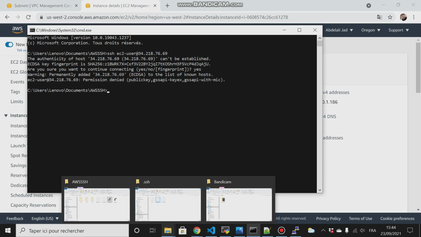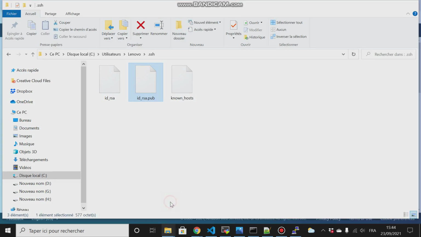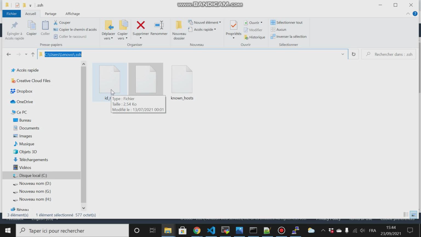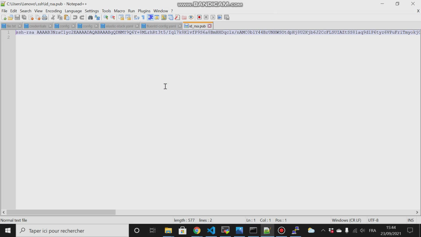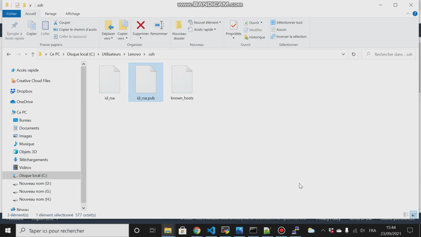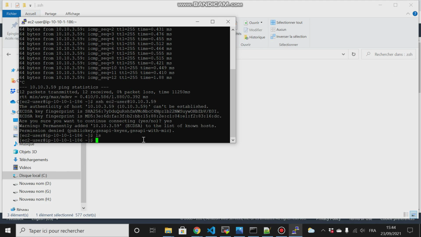So I have already generated key pairs, right? And they reside here, right? This is the private key and this is the public key. So I will open the public key in a text editor, then I will copy it, right? Then I will go here to my public instance